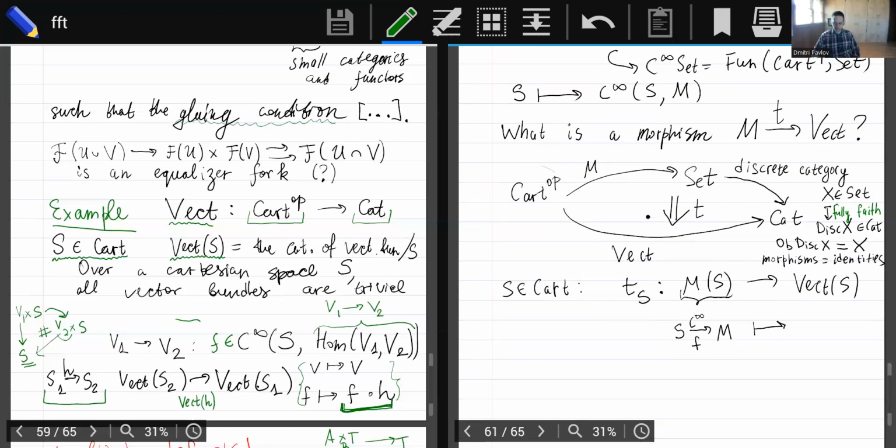So when we compose, I should have probably said GISC here also. Let me actually be a bit more precise. So let me spell it a bit more carefully. So this is actually GISC M evaluated at S. So this is M composed with a discrete functor and then evaluated at S. So this here is a discrete category